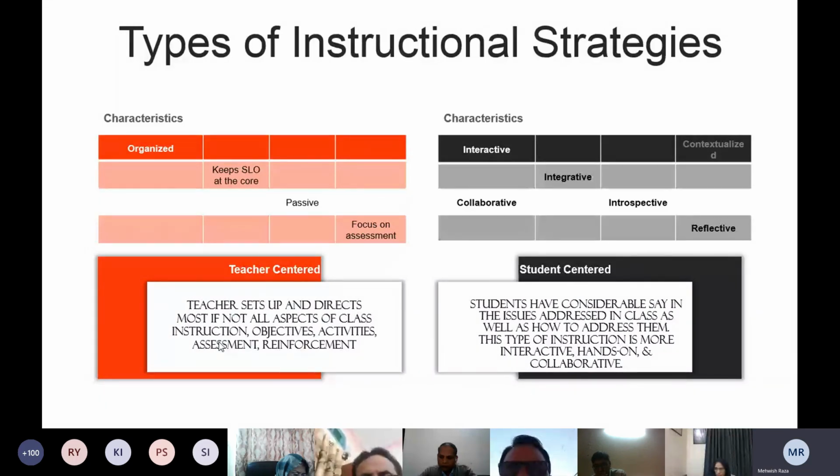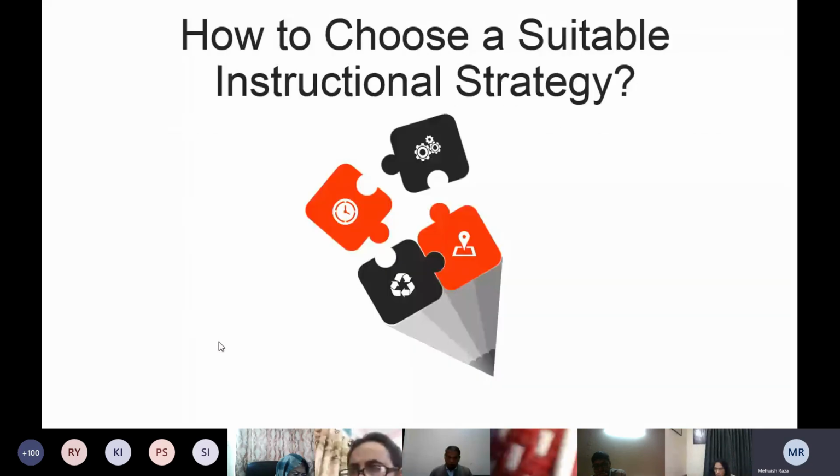Now it really depends on you, your situation, the context in which you're operating, कि आपने किस किस्म की instructional strategies को choose करना है. Let's talk about the principles, how to choose a suitable instructional strategy. अब ये बहुत ज़रूरी है कि आप जो choices करें अपनी, those choices should be based on some principles, some pedagogic principles. वो random choices ना हो, इसलिए ना हो कि आज आपके लिए आसान है